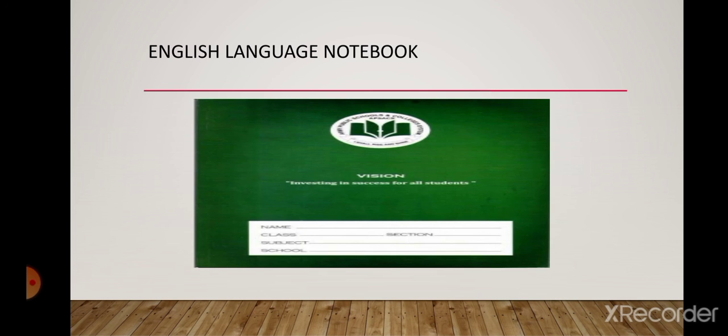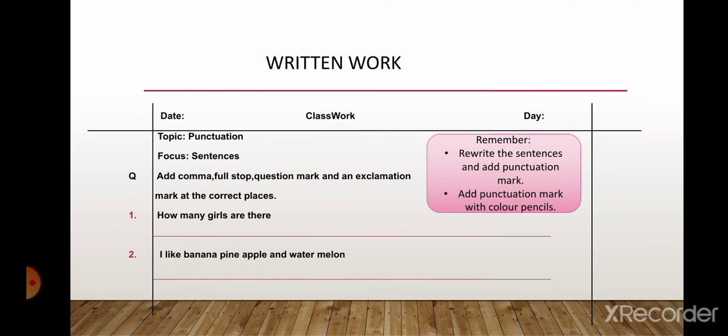So now, time to open up your English language notebook, and now we will do written work. The first thing that you need to do: prepare your page, draw a 2-finger gap margin line, write down the date, classwork and day, mention the topic in focus, and write down the question. The question is, add a comma, full stop, question mark and exclamation mark at the correct places. Remember to rewrite the sentences and add punctuation marks with the help of